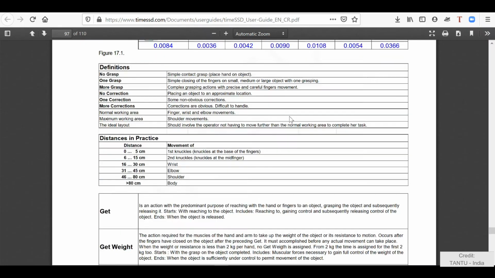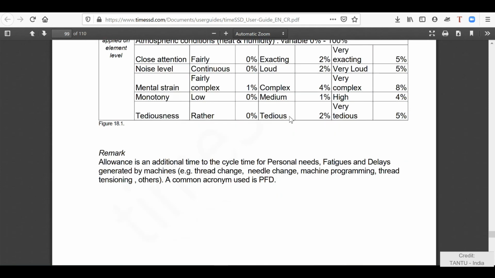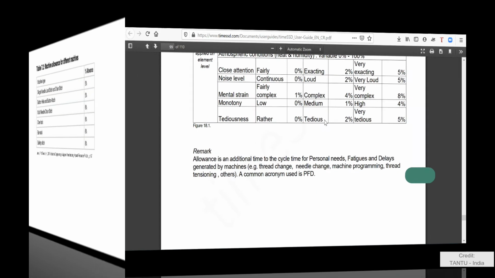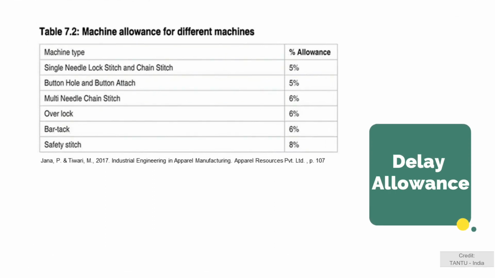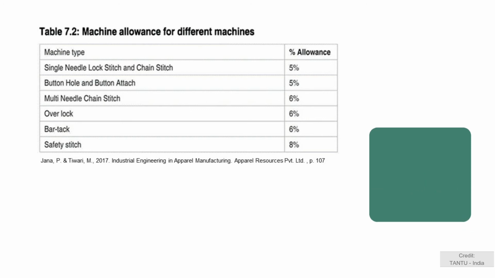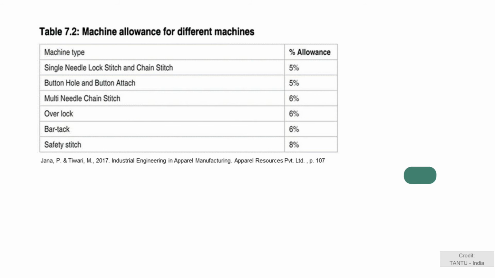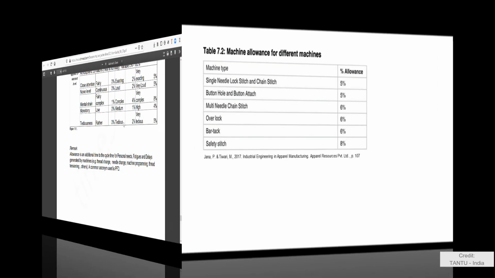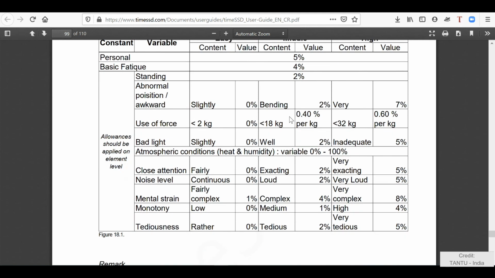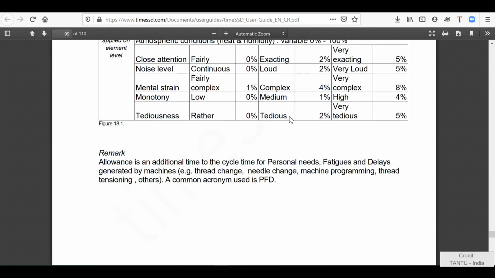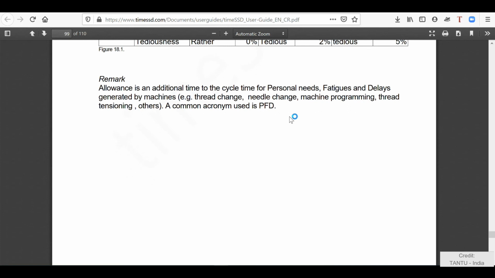Also, this can change from factory to factory, but the delay allowance, the D portion of the PF&D, which is actually the machine delay allowance, is specified as standard. Like for a single needle lock stitch machine, it says that you need to add a 9% allowance. So different machines have different allowances which are available in the books. That is not going to change from factory to factory. However, the PF allowance, although ILO defines some ranges, can actually change from factory to factory depending on the conditions or probably the layout of your factory, and there are many things.